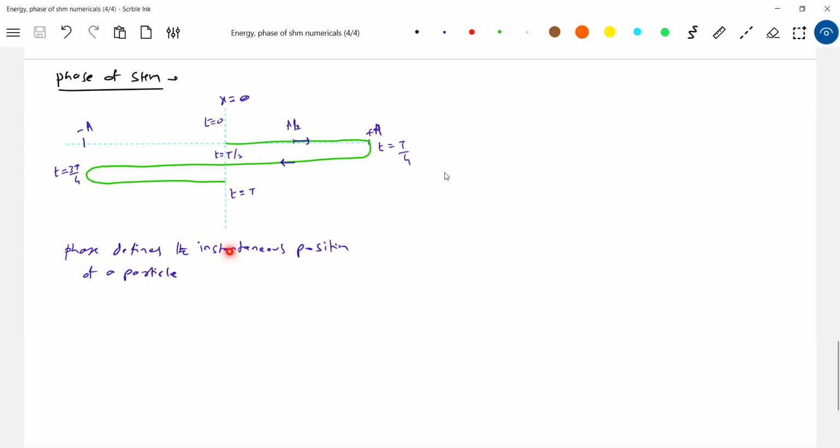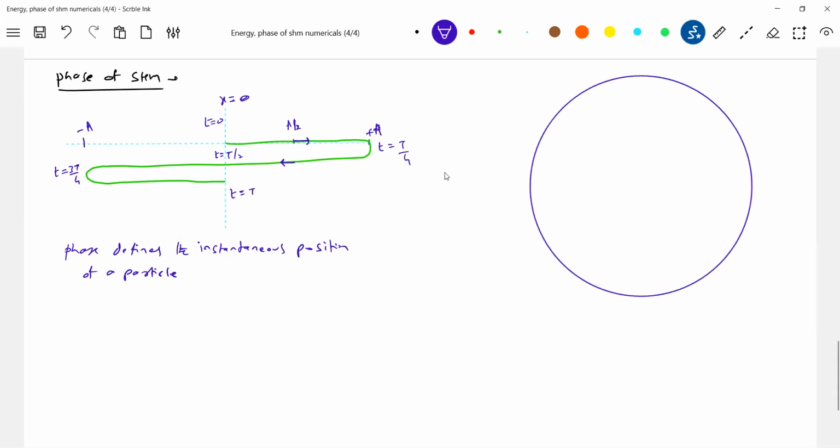I brought in phase, so you can ask questions. What do you mean by phase now? The phase will be 0 here. By the time it goes here, the phase will become pi by 2. This will become pi, this will become 3 pi by 2, and this will become 2 pi. How can you say this? Let me take the circle. Please do understand, this is the best concept available in SHM. Once you know this phase, you can manage most of the questions.